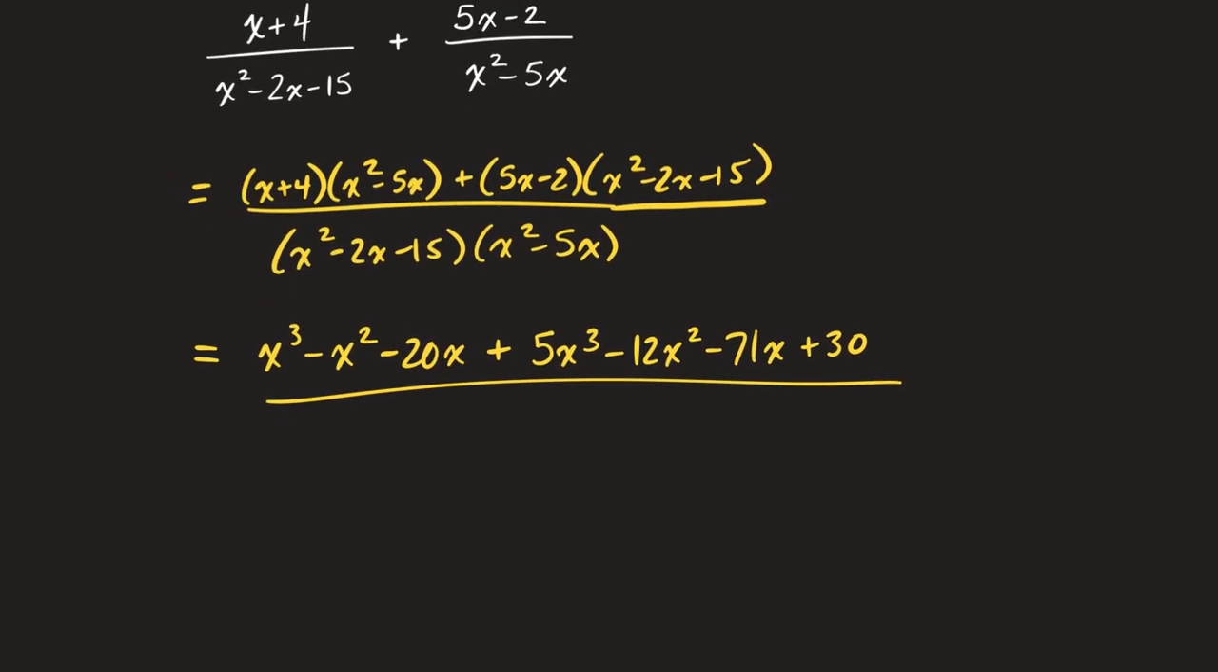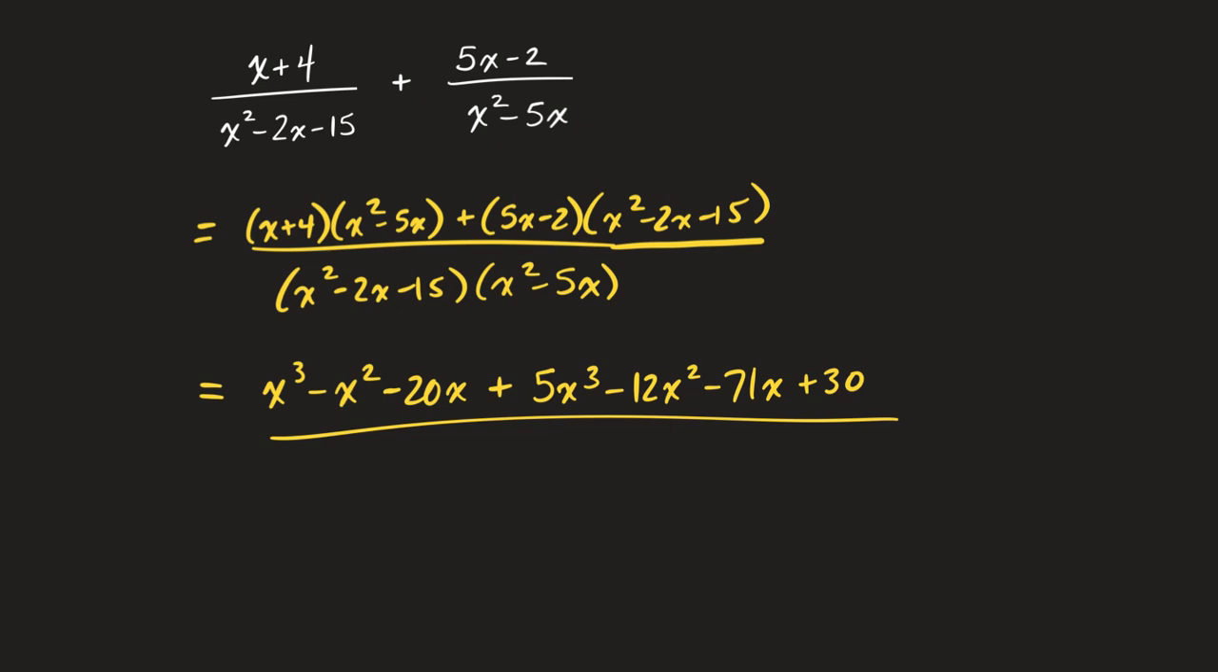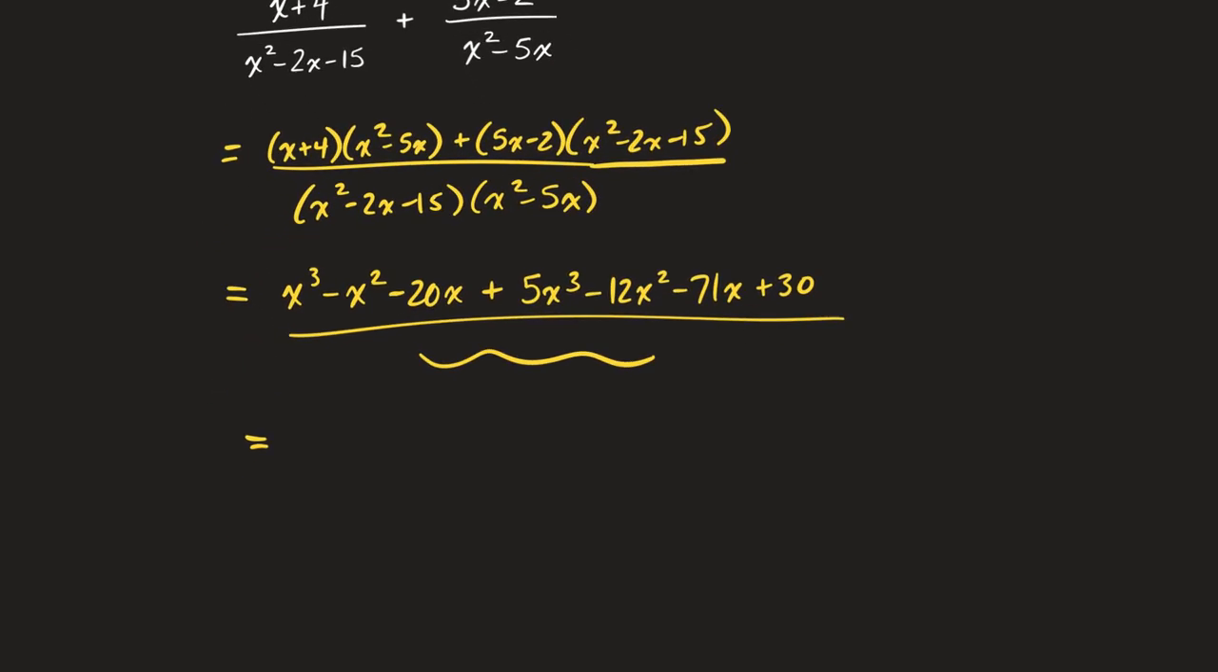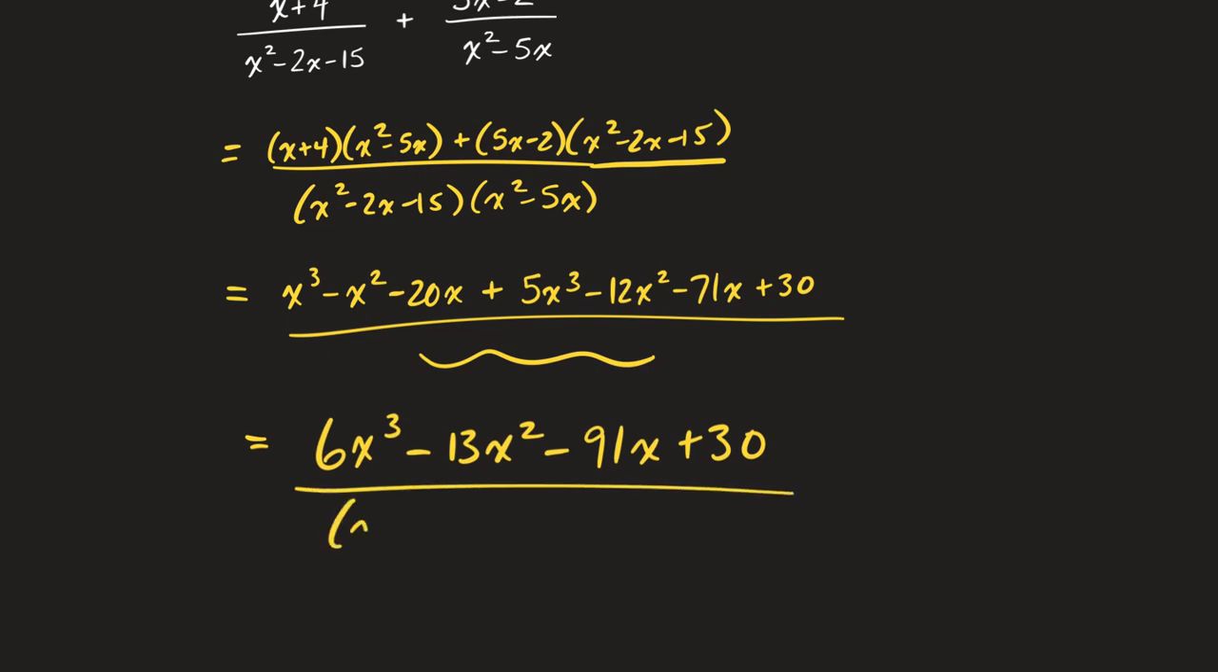Okay, that numerator is all over, and I'm just going to go for a little bit of speed here, the same thing. When I then simplify that top, I now have my 6x cubed minus a 13x squared minus a 91x plus my 30, and that is all over x squared minus 2x minus 15 times an x squared minus 5x. Now, that would be us reflexing through